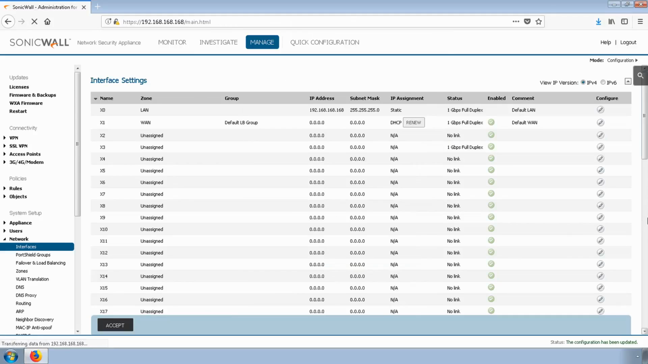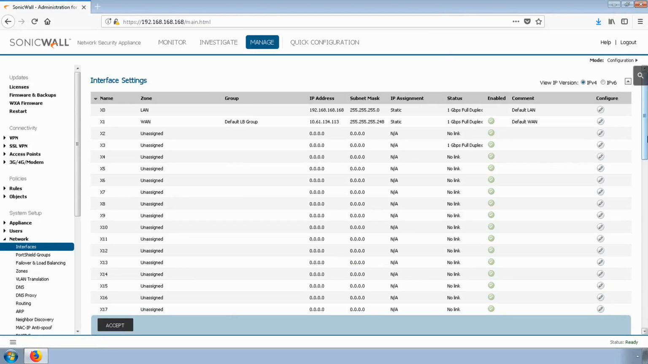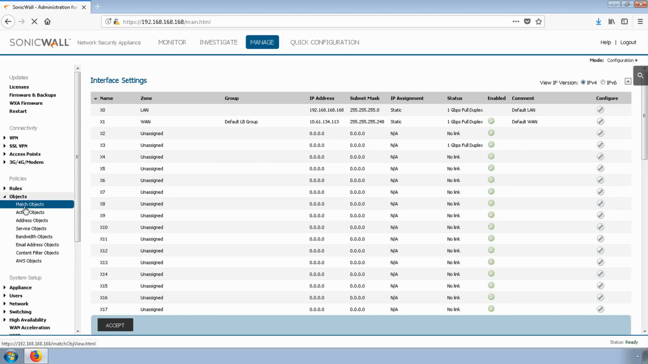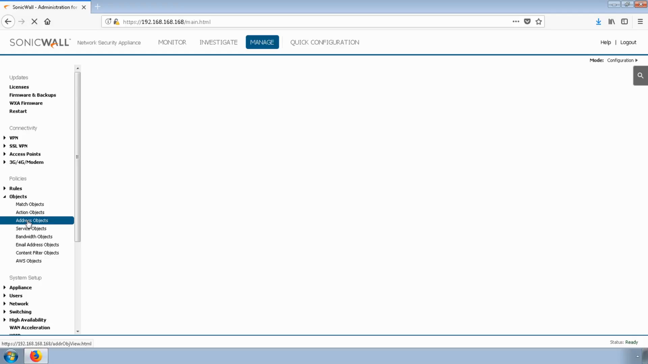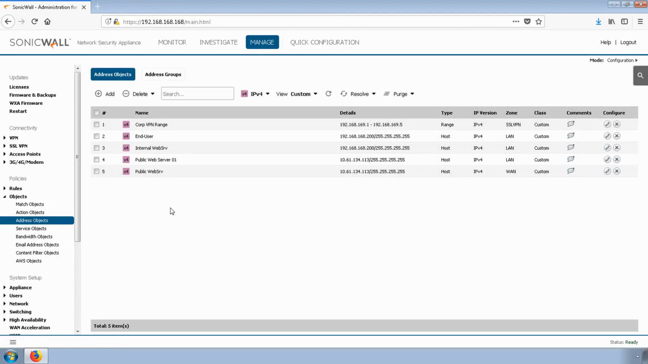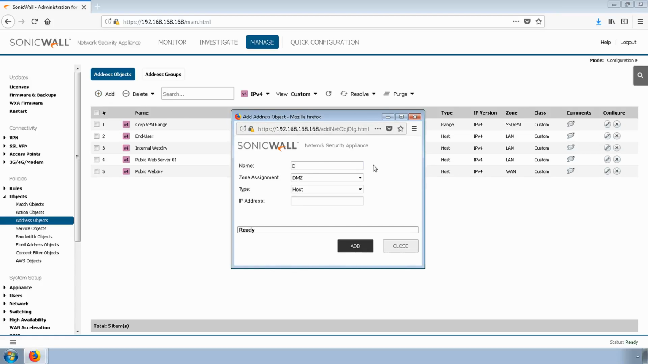I'll create an address object for where I'll most often manage the firewall. Navigate to Manage, Objects, Address Objects. We'll create a new address object called Custom Management 1. We'll click Add, Custom Management 1. We'll give it a WAN zone. This is not my real IP address, but it is an example of where I would be coming from if I wanted to manage the firewall. We'll select Add,